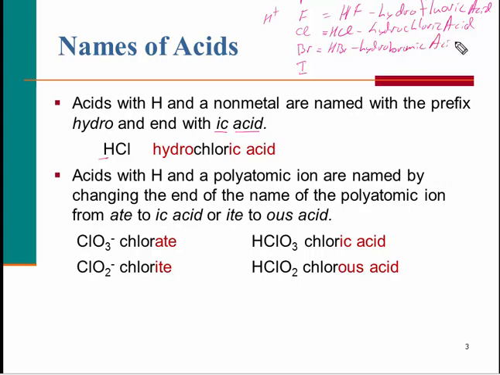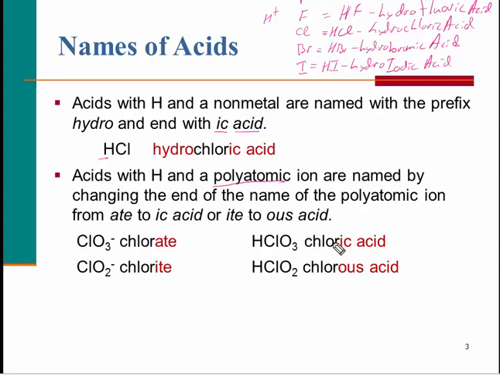Bromic acid. And the last one, HI, we're not saying "high", HI is hydroiodic acid. So they all begin with hydro when we say fluoric, chloric, bromic, and iodic acid. All right. Now some acids are combined with a polyatomic ion, and I'm not going to ask you to know